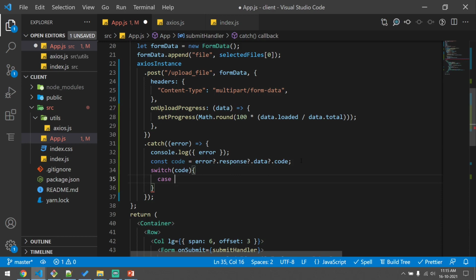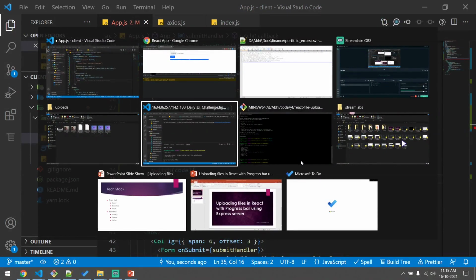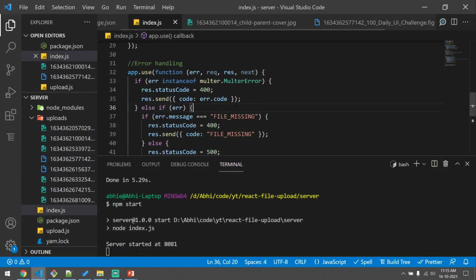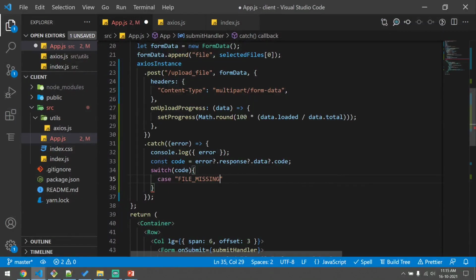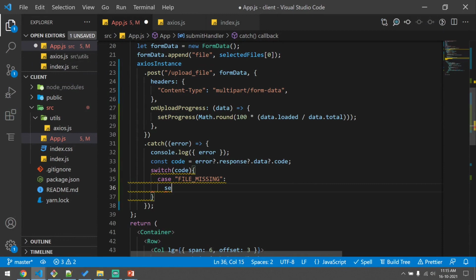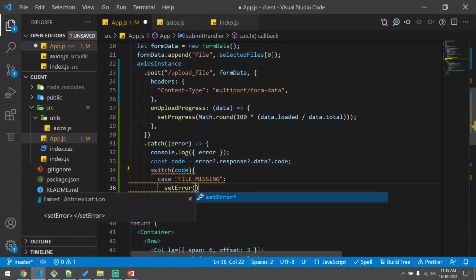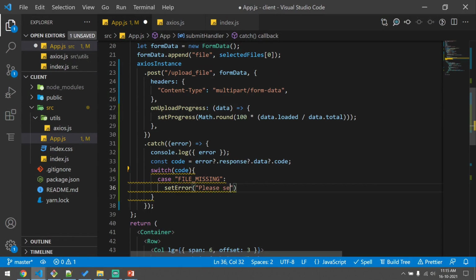In our case, in our error handler we have file missing. If it is file missing, then we will set error to some descriptive message, say please select a file before uploading.